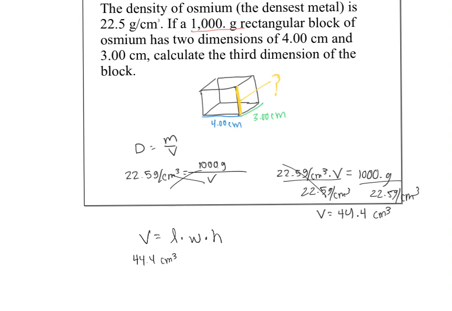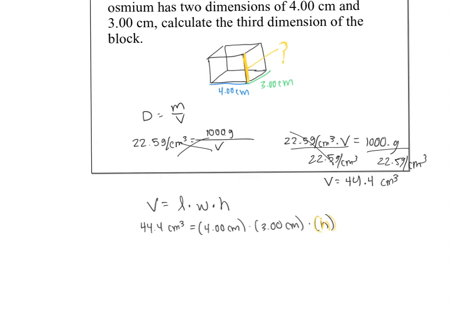44.4 centimeters cubed, and they gave us the length, the width, and so we're looking for the height, which is that yellow piece. Okay, so we can kind of solve this guy real quick. 44.4 centimeters cubed equals 3 times 4 is 12 centimeters squared times the height. And we'll divide by 12 centimeters squared. And that gives me a height of